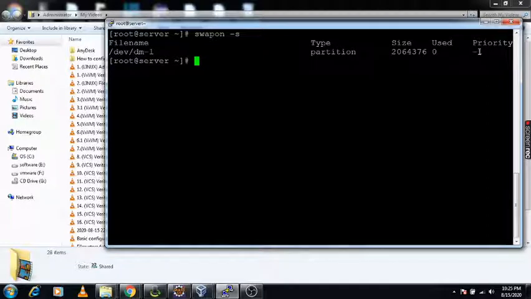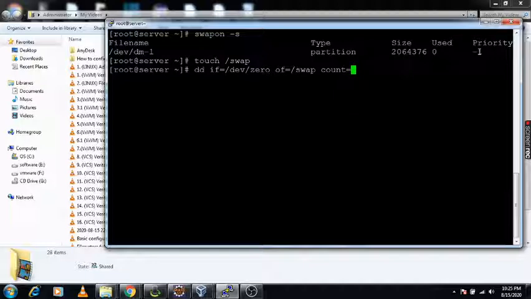Now I am creating another swap using this file concept. I am creating one file, that is /swap, using the dd command: dd space if equals to /dev/zero, space of equals to, I am giving the file name, that is /swap, space. Here we need to mention the count.